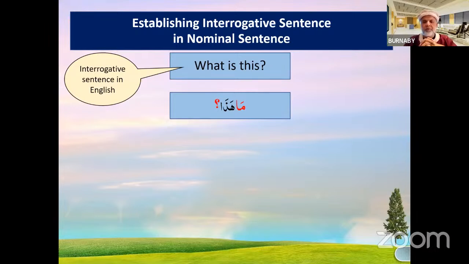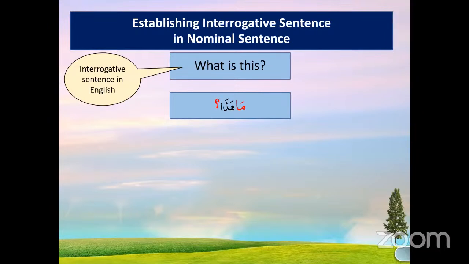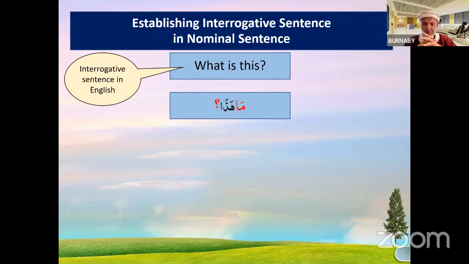Similarly, we have used the word la or the letter lam. We know 3 definitions of letter lam: Lam-e-Taqeed, Lam-e-Tarif, and Lam-e-Jara. Remember in the previous session? We talked about lam, and lam is of more than 3 types, but so far we have learned only 3. Similarly, ma has many meanings, and ma is also used for making negative,